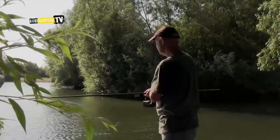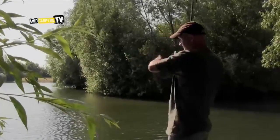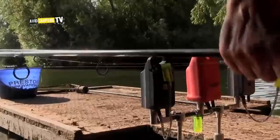So we've only been fishing like 20 minutes, so to have got one. So it is Fault Lead and it is very prolific. And there you go, there's another one. So I'm going to put that down over there. As soon as that spot hit the water,